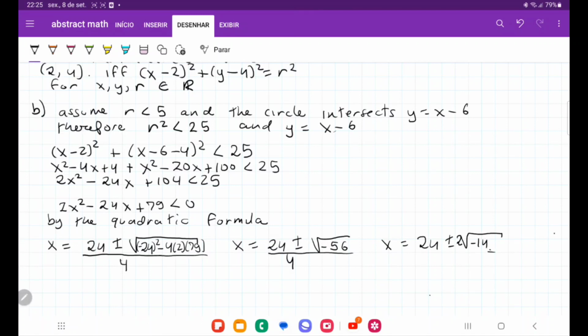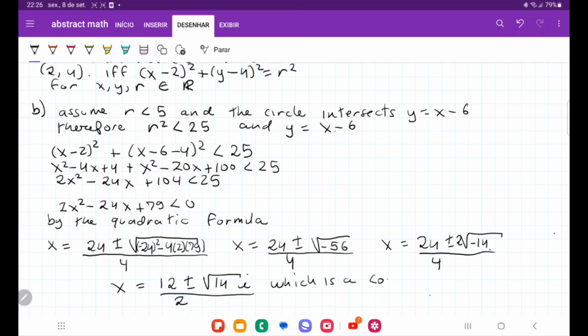I'm going to put a 2 outside, divided by 4, and therefore x is going to be equal to, I'm going to divide everything by 2, so it's going to be 12 plus or minus root of 14i divided by 2, which is a